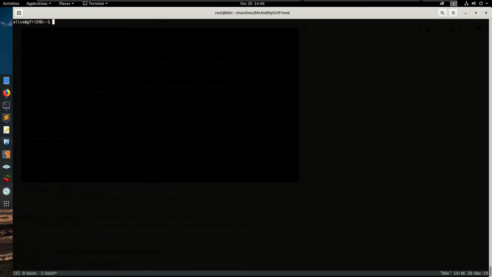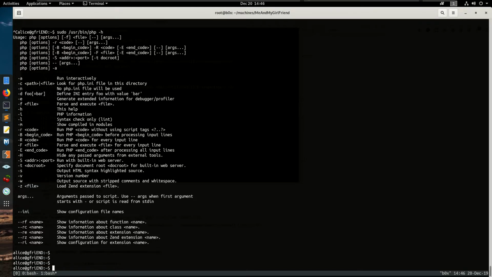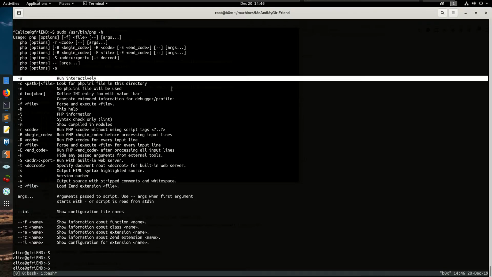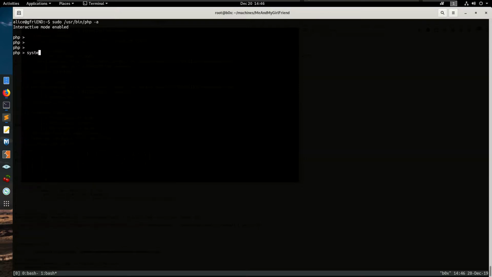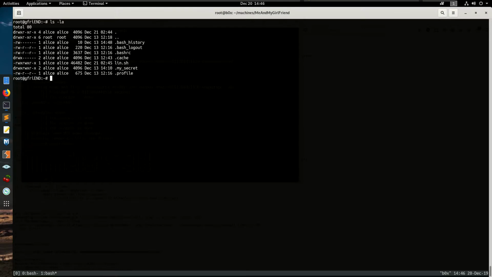So now what I can do is I will just run this, and since I know that you have to go into an interactive mode, which is this, I can just do -a, and let's try system in bash. I don't think that will work, but see if that does. Okay, cool. That way again we have an interactive shell, and we are root,